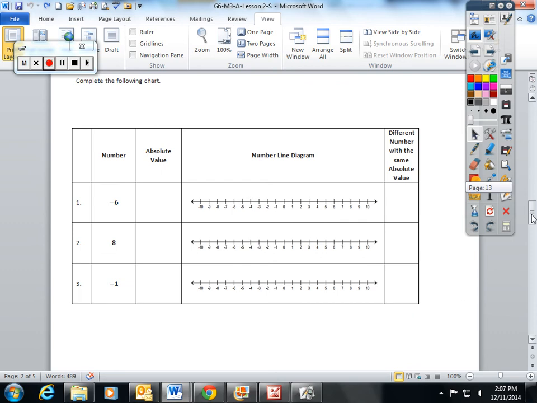Okay, complete the following chart. I'm going to do the first one with you, and then you can do 2 and 3 with your partner. Hit pause on the video, and then watch for the answers. So the number they're starting us with is negative 6. The absolute value of negative 6, if I was going to look at a number line,